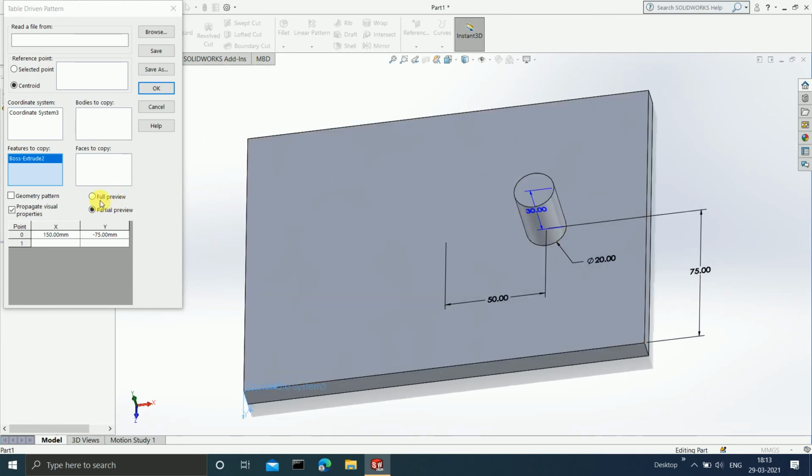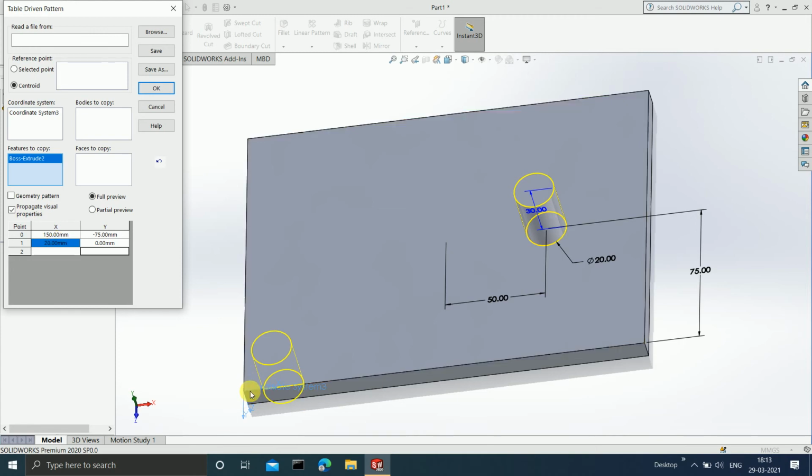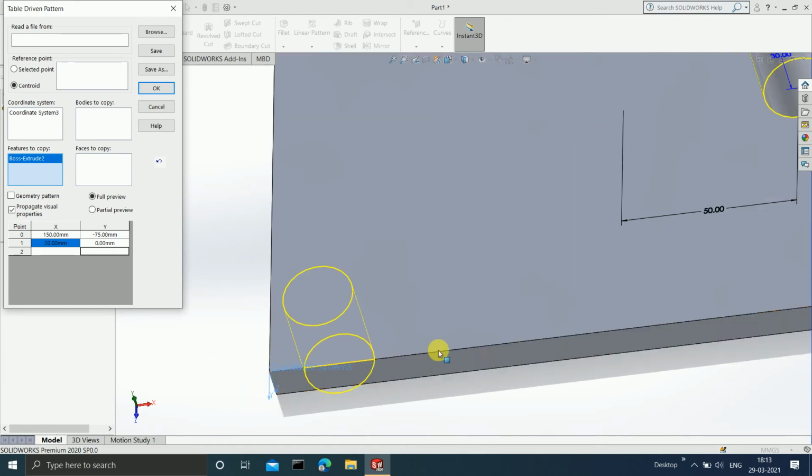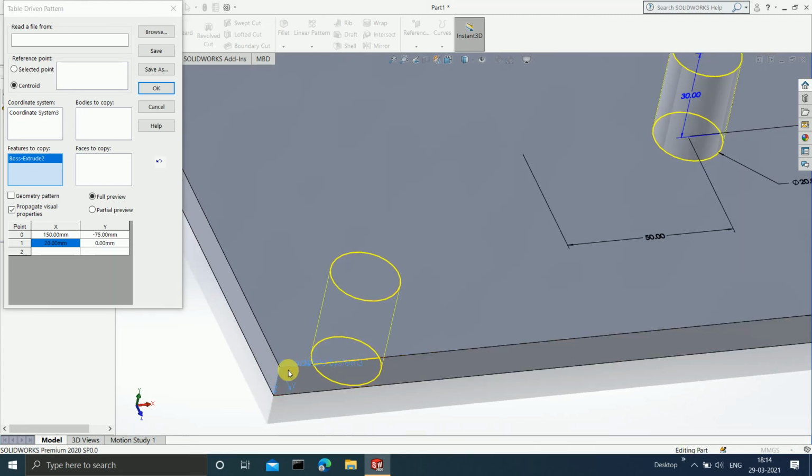Now here you can select full preview for better visuality, and here you have to select where you want the first instance. So suppose I want the first instance to be at a distance of 20 in the x-axis. See, it is at a distance of 20 from this particular origin, and in the x-axis, as you all know, this particular edge represents the x-axis. So from this origin it is at a distance of 20 mm, and in the y-axis, or where is our y-axis? See, this particular thing is our y-axis. Can you see this arrow? And if you give, let's say 40, then can you see?